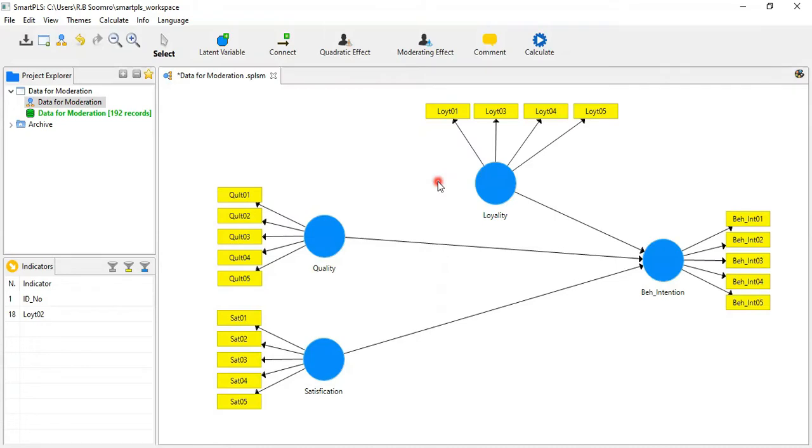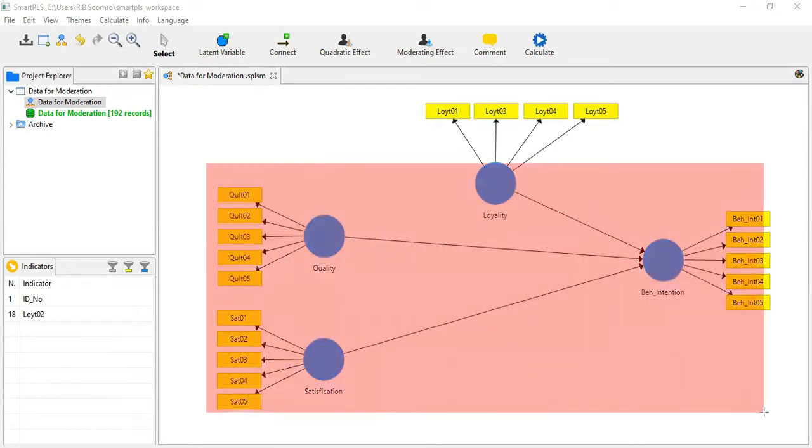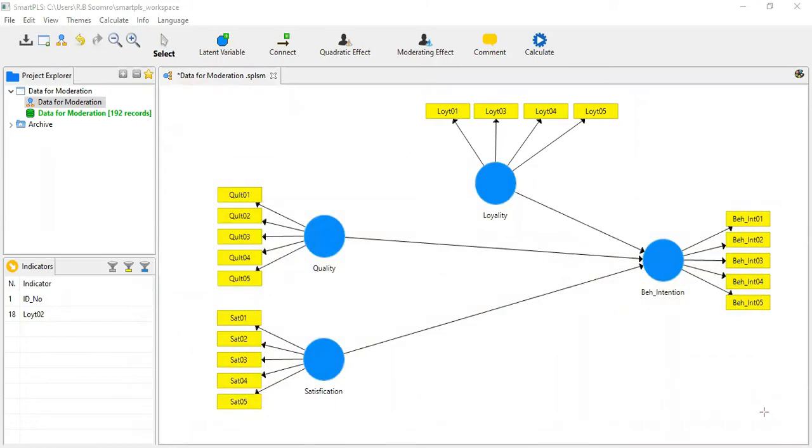Okay, so now here is my model, which I am continuously working on in all my videos. Here I would like to give a brief introduction of this model. The variable intention is my dependent variable, and loyalty is my independent variable, and quality and certification are also my independent variables. One more thing I want to say: they are all reflectively measured latent variables. So simply you can say these are reflective variables.